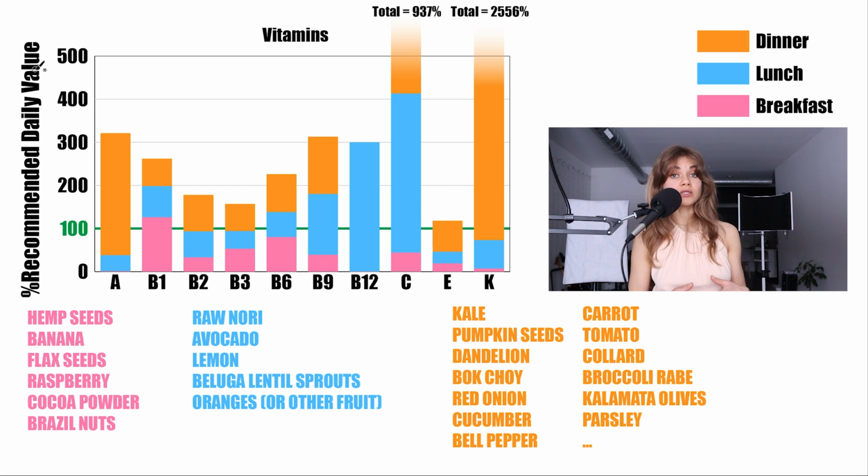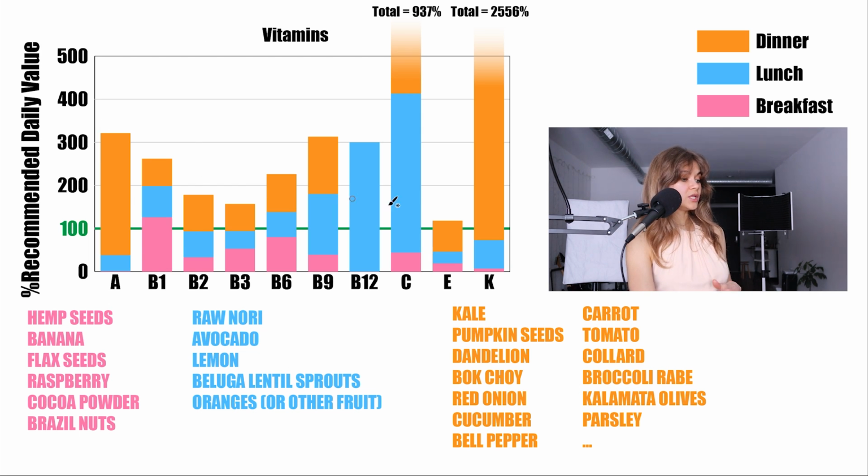So I supplement with vitamin D throughout 9 months of no sun, of the polar night that we have in New York, and I don't supplement with vitamin D in the summer when I try to maximize my exposure to the sunlight. So here we see essential vitamins,